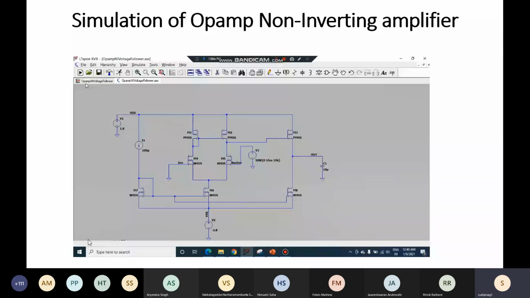That means delta RO for both the transistors is actually changing, but it is not changing over a very, very large range. That's another point to be considered. You should keep in mind that the small RO definitely changes, but it doesn't change over a very large range. It's not like a variable resistor having a very large dynamic range. It has only a finite range of resistance, and that's why the single stage amplifier cannot give you a very large gain. For very large gain, you have to cascade more than one stage.